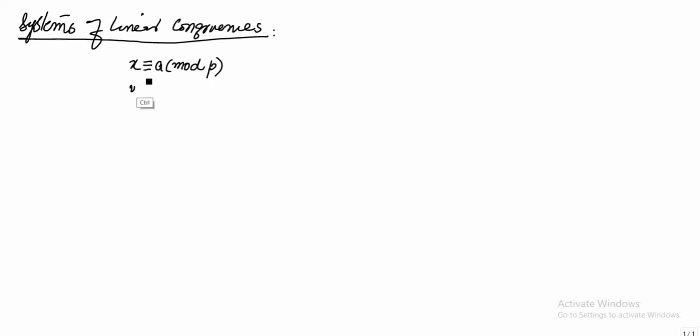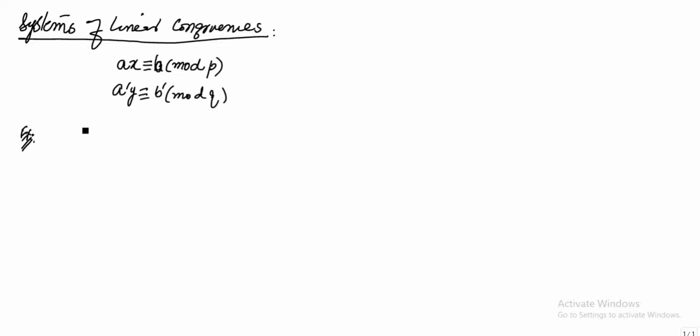or it's better to write ax congruent to b modulo p, and a prime y congruent to b prime modulo q. Okay, with two different moduli. So we will learn here how to solve two linear congruences simultaneously in the system. Okay, so look at a very